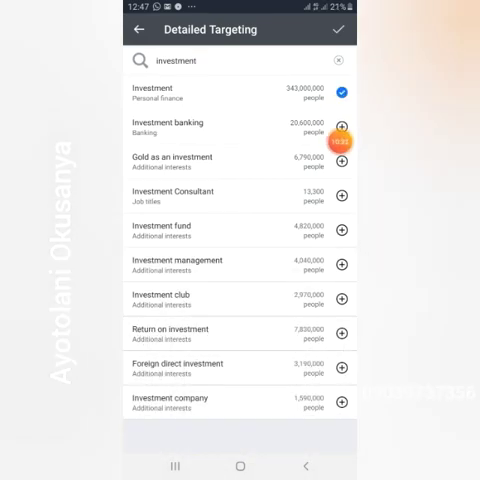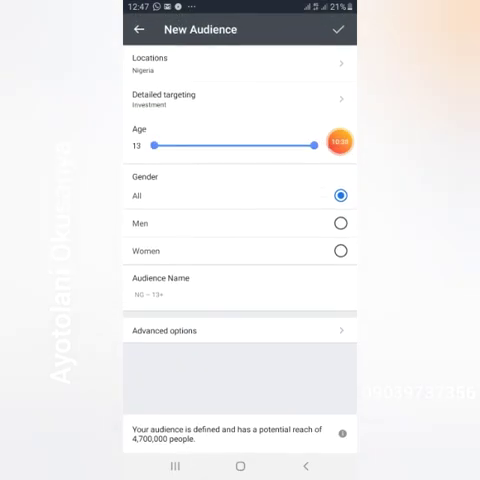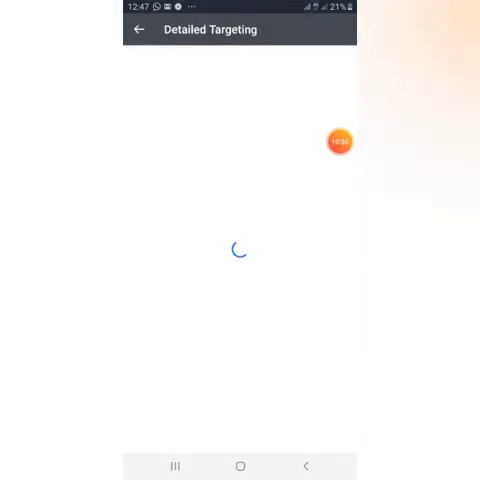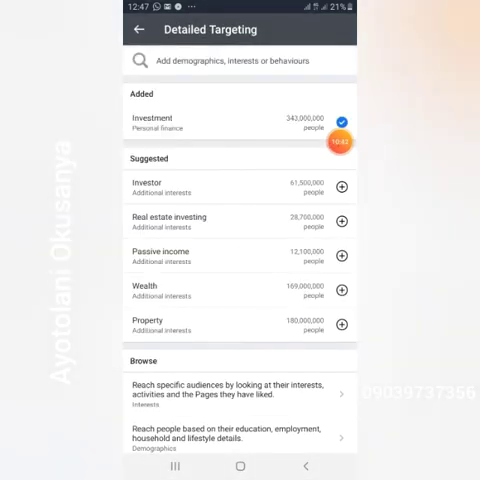Do you understand? You've added investment like that, and you do what? You click on this mark up here. So investment has been added to your target audience. You click on detailed targeting again. Do you understand? You click on this plus sign to add investors,